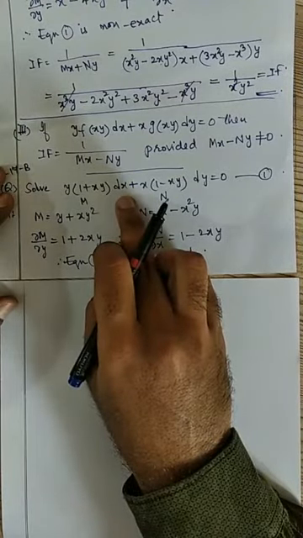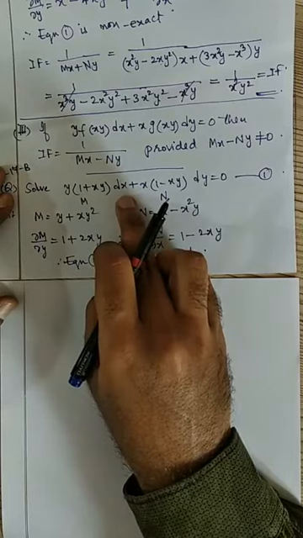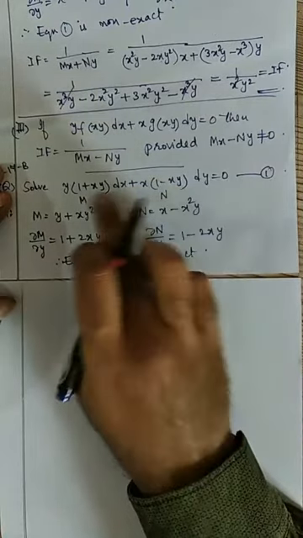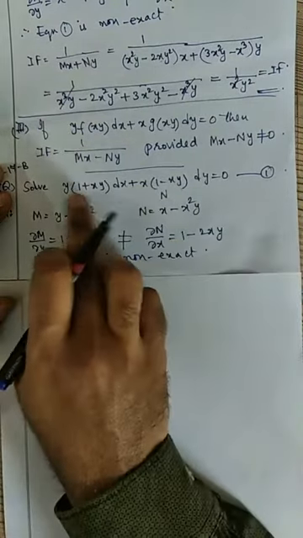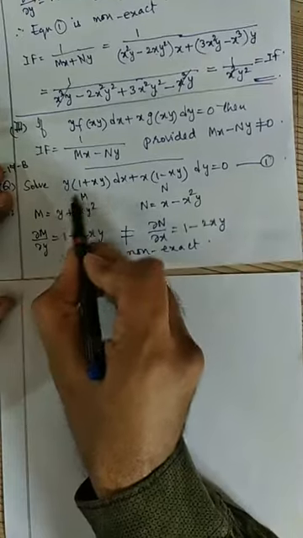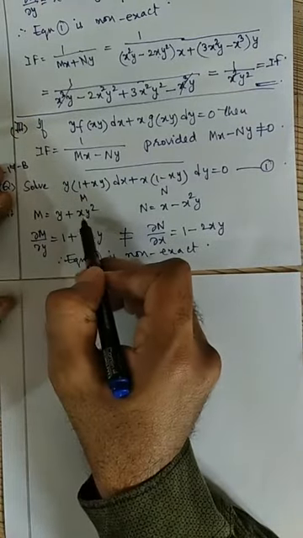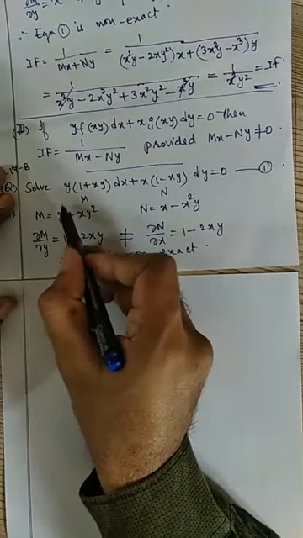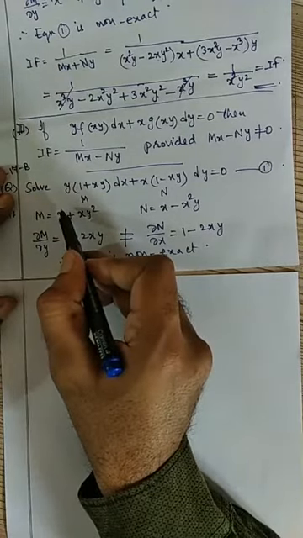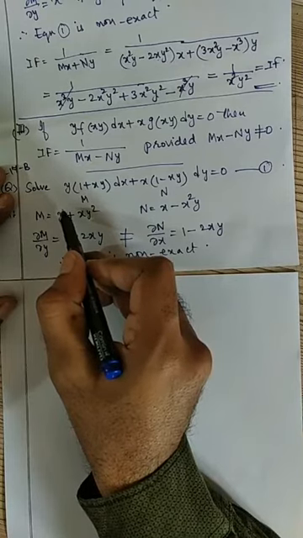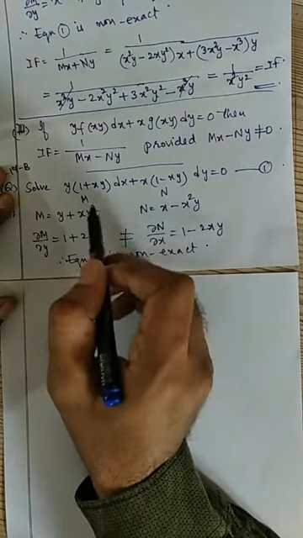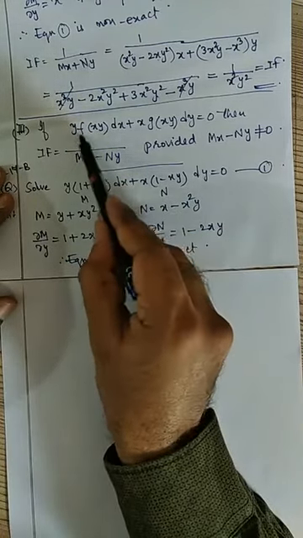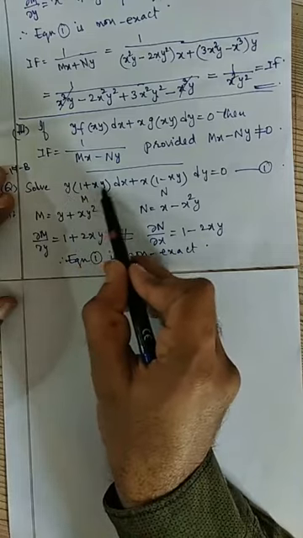Then we will go for the second method, which is the homogeneous differential equation. If you observe, this equation is not a homogeneous differential equation. Why is it not homogeneous? Here y is there, y power 1, and here x power 1, y power 2. The total power here is 3, the total power here is 1. So the total power of variables in each term is not the same, so this equation is not homogeneous. But you observe that this equation is of the form y into f of xy.